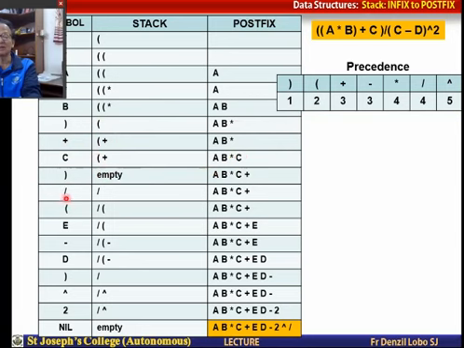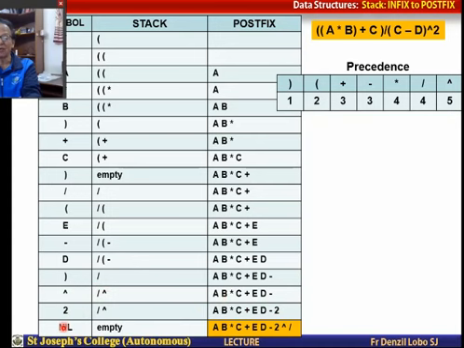Then you get divided by, which goes onto the stack, the left parenthesis goes onto the stack, operand E goes onto the postfix, you get negative, which naturally goes onto the stack. Then D goes onto the postfix. You come to the right parenthesis, you pop this negative and discard the left parenthesis. You are left with only this. You come across power. Power has greater precedence than divided by. Therefore divided by will remain there, and power will go there. And then you come to 2, which goes onto the postfix.